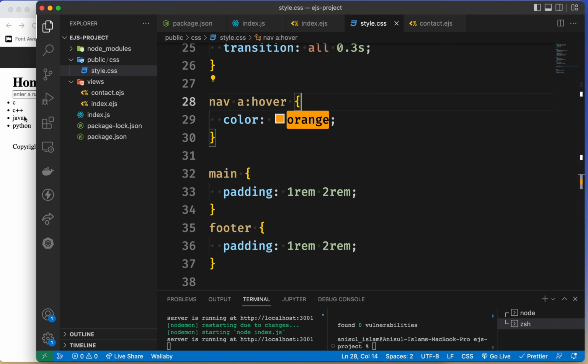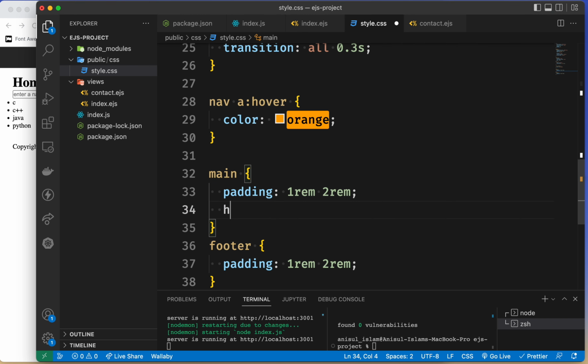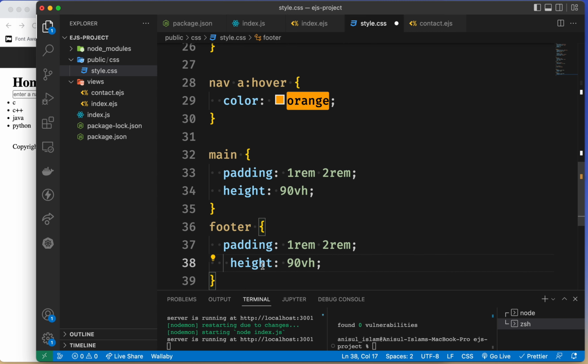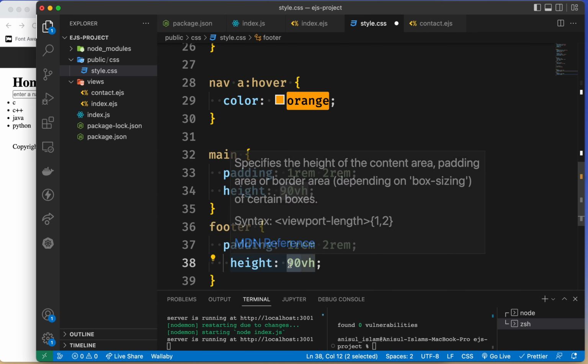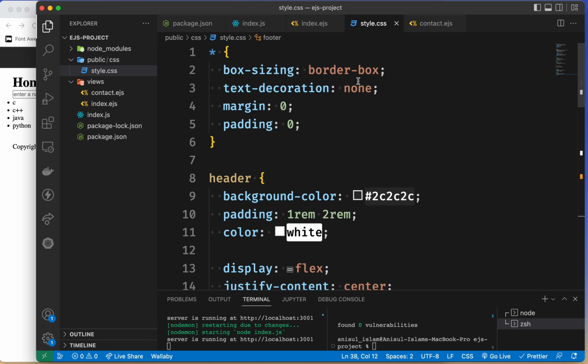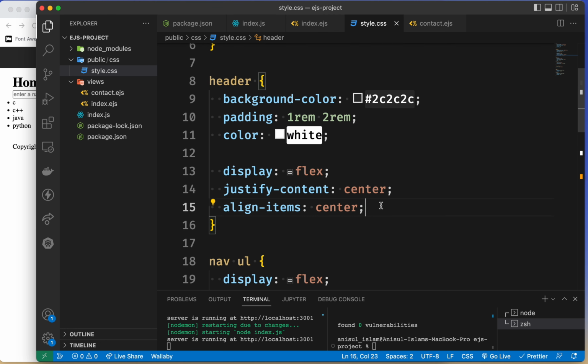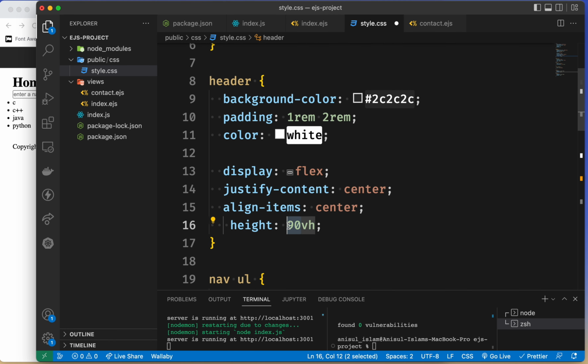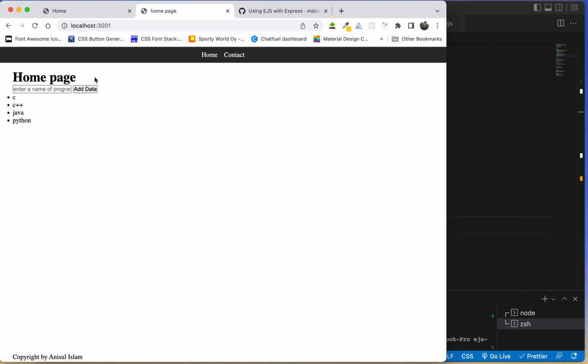Well, I could make the height of this main at least, let's say height maybe 90 vertical height. And then I can select this one and give some height to this one. I will say the footer is 5 vertical height, and let's add some height for the header as well, you know, here. So I will say height is 5 vertical height. That's all. So if I reload it now, they should have some height. You can see this one is taking 5 vertical height, this one is taking 90 vertical height, and our footer